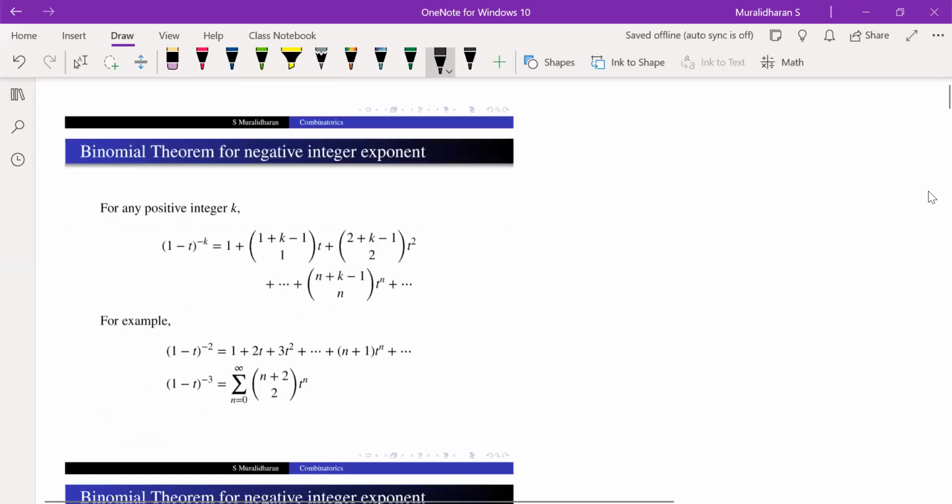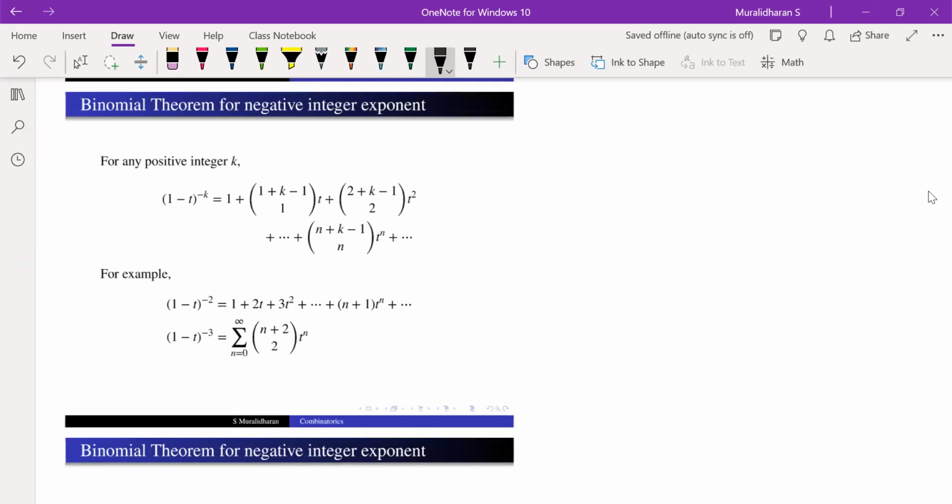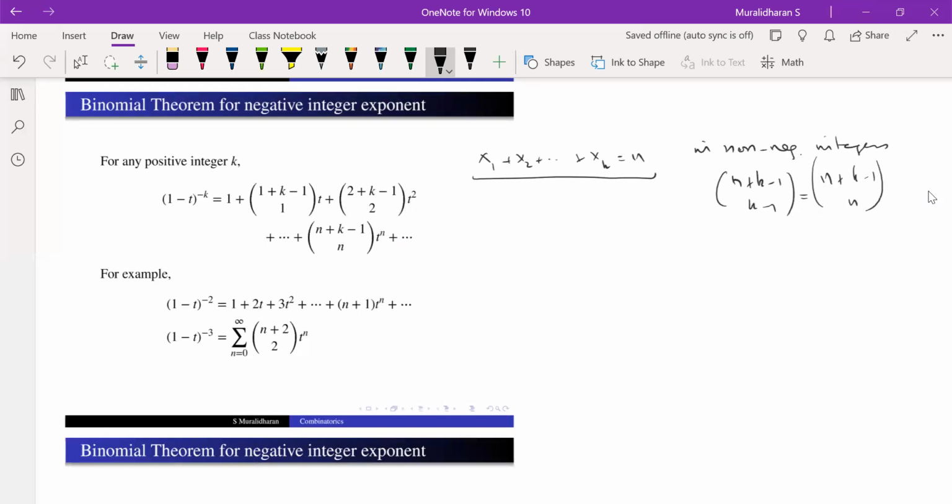So last class we were here, that is the binomial theorem which we used. In fact, we used this x1 plus x2 plus etc. plus xk equal to n, the number of solutions for this equation in non-negative integers. So this was an extension of stars and bars in non-negative integers. We saw this as n plus k minus 1 choose k minus 1, or I can write it as n plus k minus 1 choose n. And we use this one to expand this (1 minus t) whole power minus k,